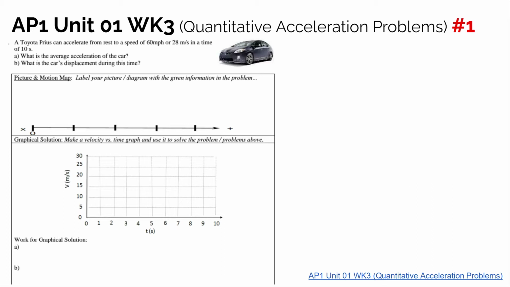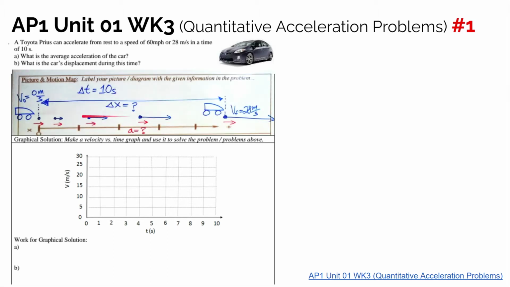Again, those 10 seconds. So when you come to the problem, read the question prompt, and then I want you to first draw a picture and a motion map of the scenario that's described, in this case for a Prius. So what would that look like? Well, let me give you an example. I've got a motion map of an object that I've drawn moving in the positive direction and increasing in speed, so it's got a positive acceleration. So sketch out a little motion map, draw a little picture. I've got a simple picture of a car. At time 0, it started from rest, so its initial velocity, v sub 0, is 0 meters per